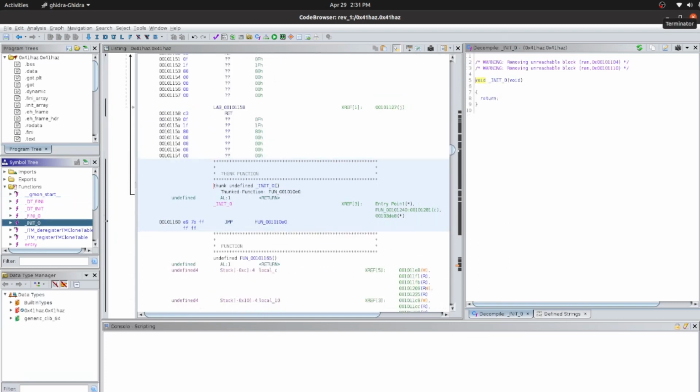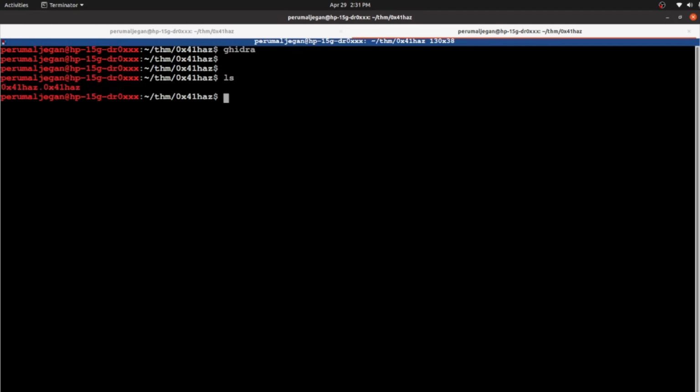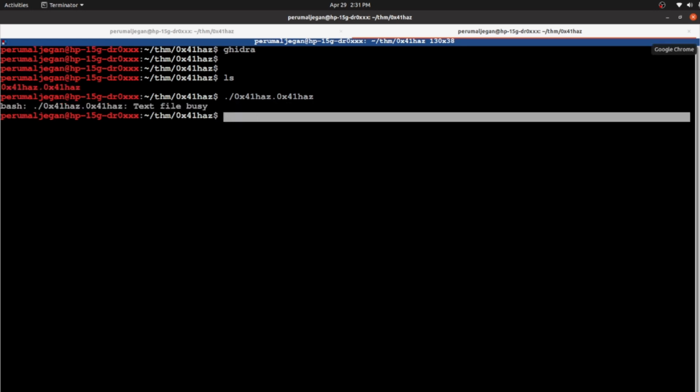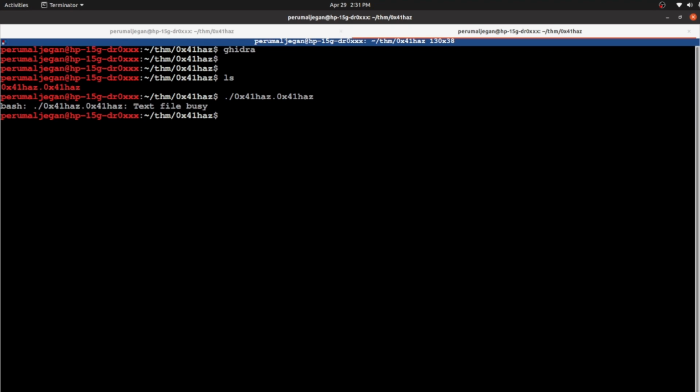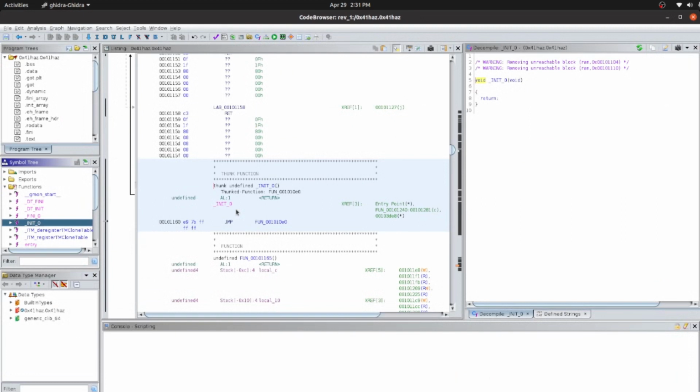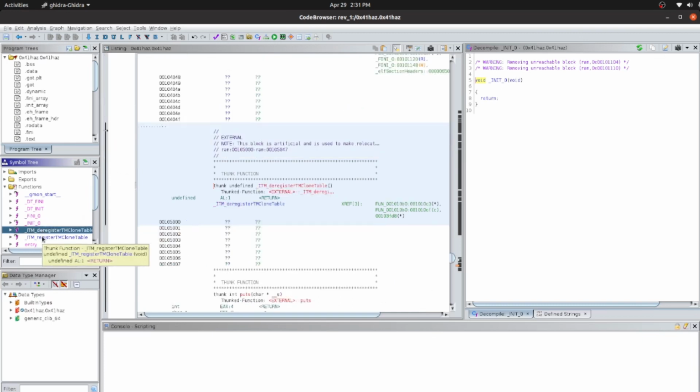You can also do one more thing here. You are aware this binary has a string. No, I cannot execute this binary because I already loaded it in Ghidra. Not a problem. I was able to see the string related to crack password. So you can either try with that specific string and directly navigate to that place in the assembly code, or you can check the functions one by one